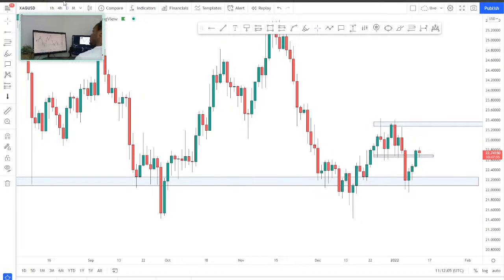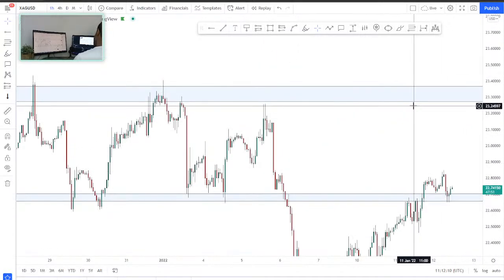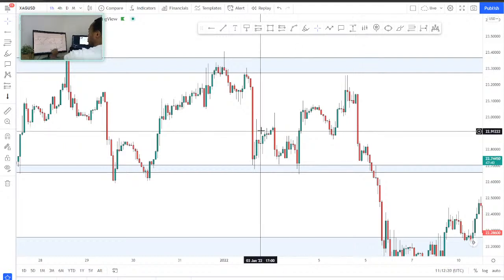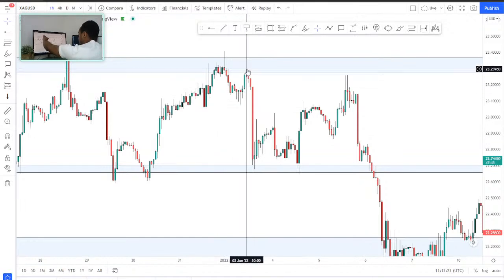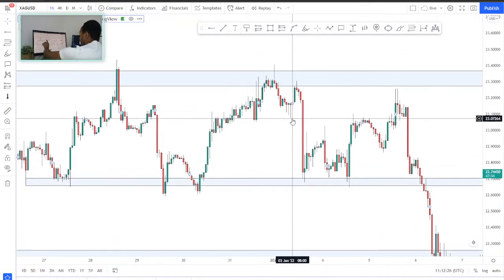And even fake outs of momentum, I'm starting to notice a lot as well. Sometimes you see a lot of bullish momentum, it will die out, and price will go the opposite way. So here, for example, you can see the bullish momentum. That's kind of like a fake momentum, because it hasn't really faked out of a level, but we've seen the